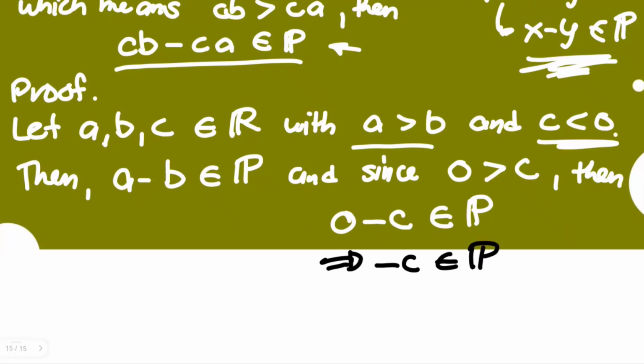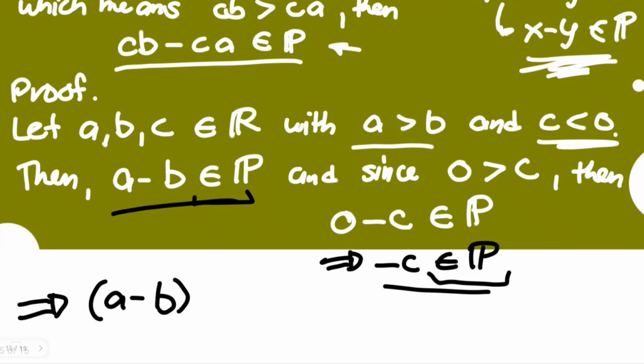I'm doing this so that we can have the same understanding of elements of positive real numbers, because we have a closure property for addition and multiplication of elements of the set of positive real numbers. So that's why we really need to structure them in this manner. So once I have this statement, hopefully this is clear. If I'm going to multiply them, a minus b times negative c, is it still a positive real number? As mentioned earlier, there is a closure property for multiplication here, so the answer is yes.